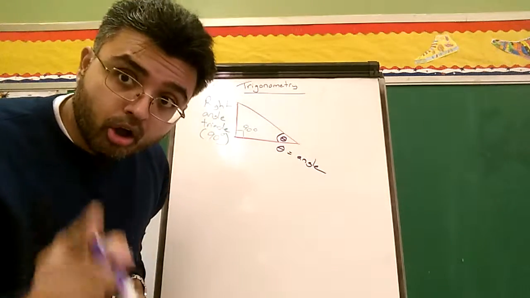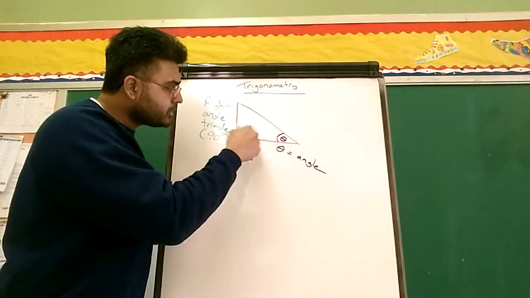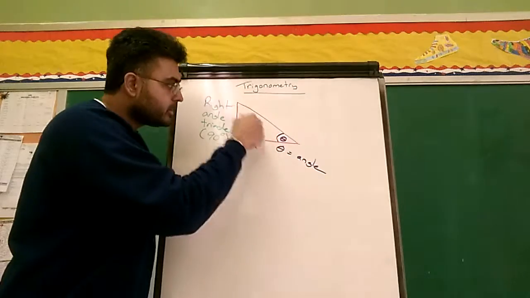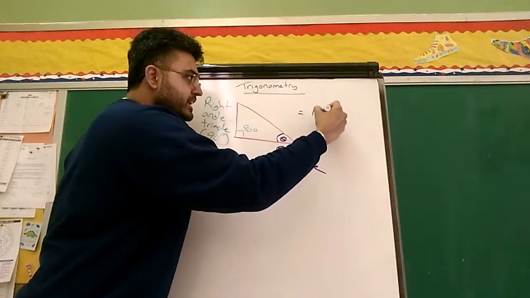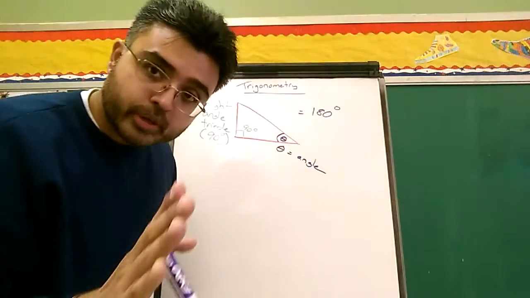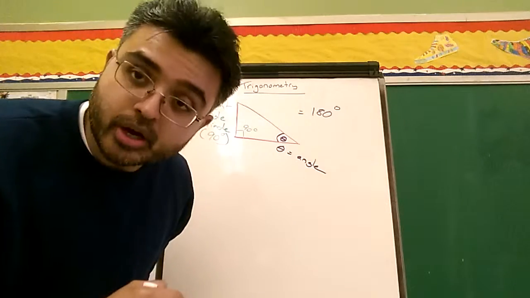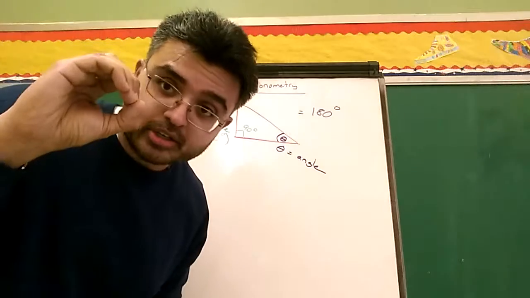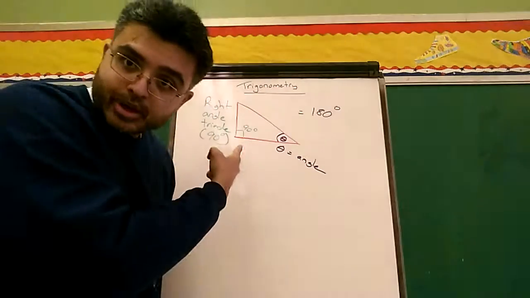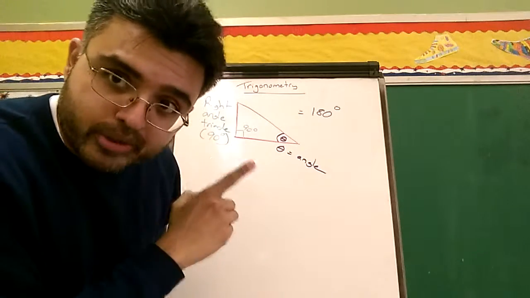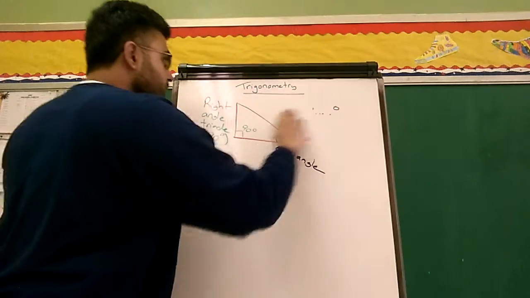By the way, all triangles, when you add up the angles inside, is always equal to 180 degrees. A circle is 360 degrees. A triangle, 180 degrees, always. So anyways,